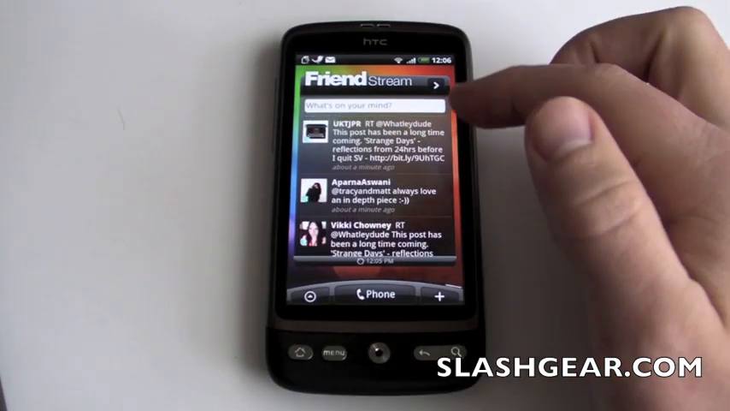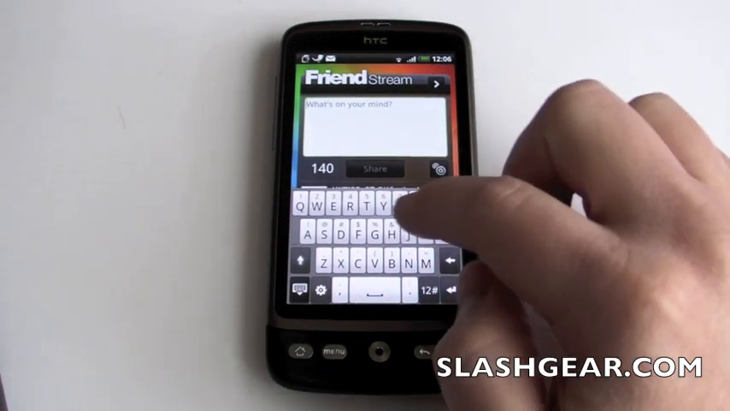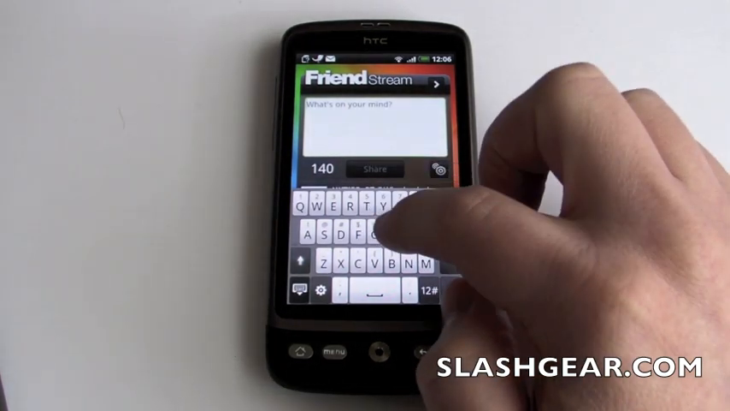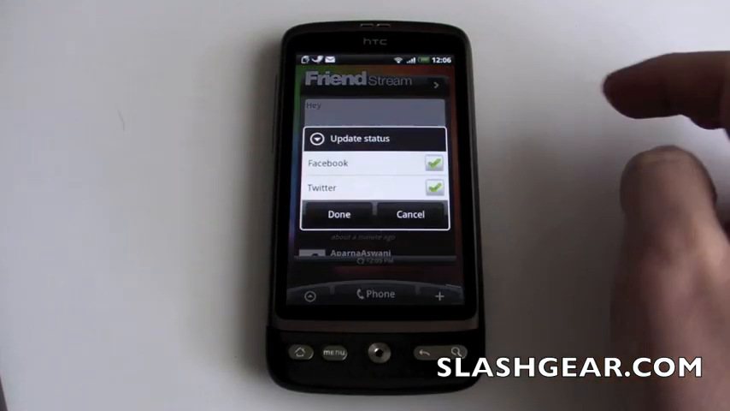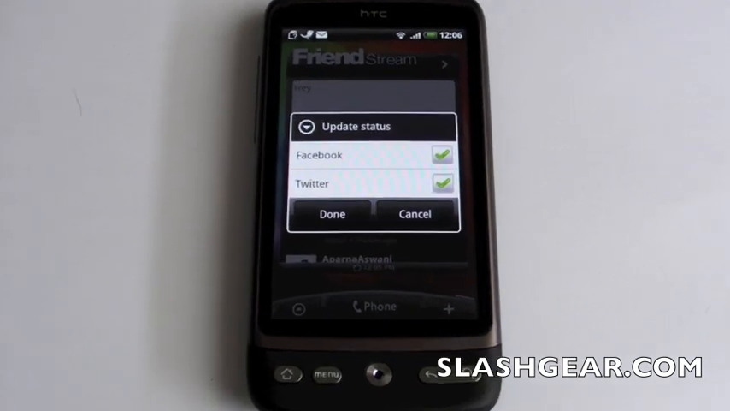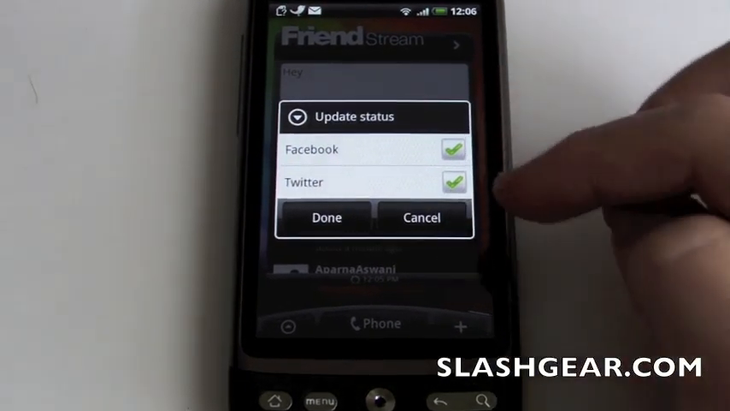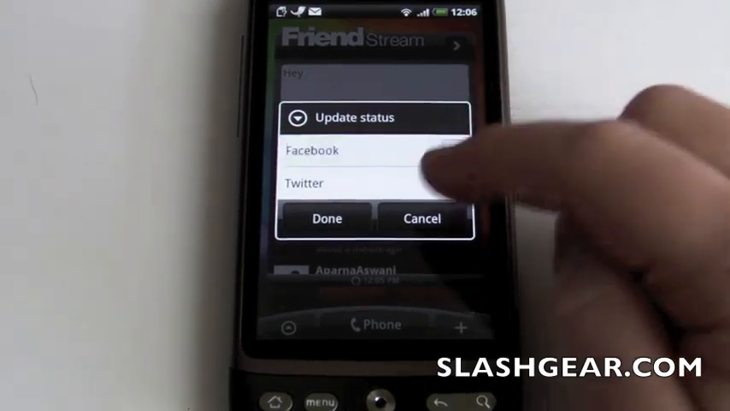So from this widget here on the home screens, you can actually choose to send out an update, so you can obviously type in, and then by tapping this button here you can choose whether you want that to go out to Facebook, to Twitter. Obviously if Flickr was there I'd have another choice as well, and you can select, deselect depending,